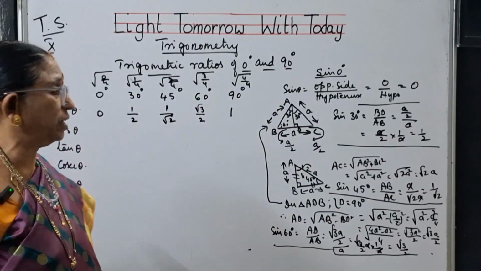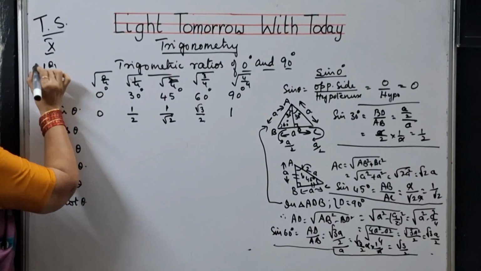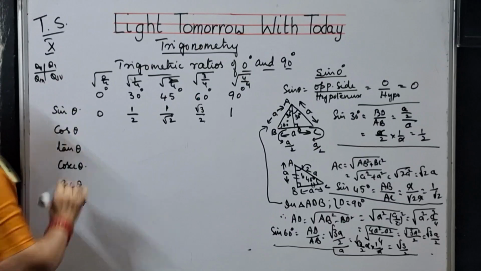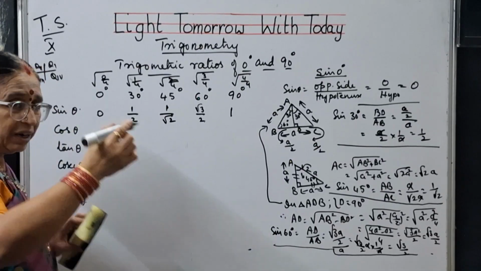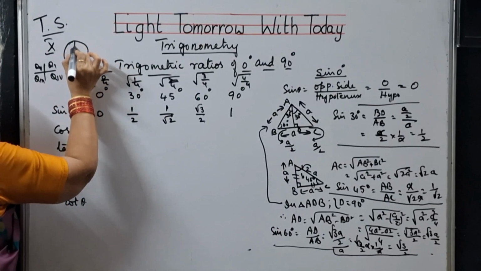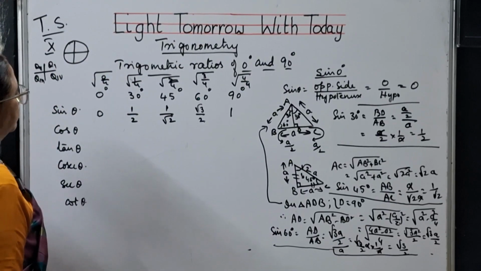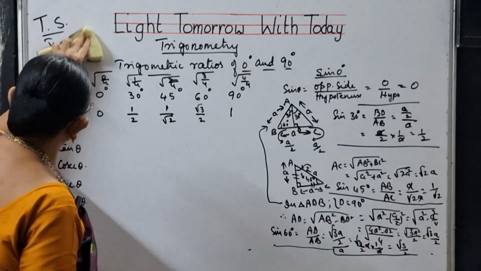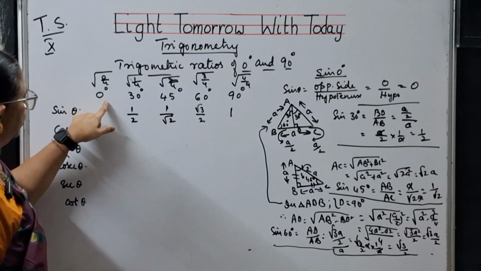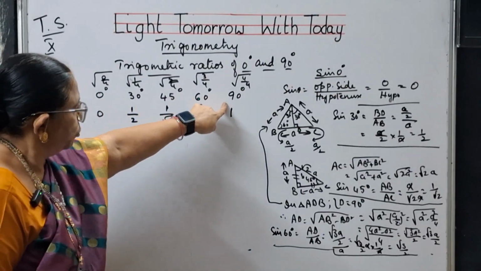What is this 4, children? This 4 is nothing but the 4 quadrants, quadrant 1, quadrant 2, quadrant 3, quadrant 4 of the graph. Because a circle can be divided into 4 parts by drawing 2 diameters, so those 4 parts mean divided by 4. So we will be writing 0 by 4, 1 by 4, 2 by 4, 3 by 4, 4 by 4